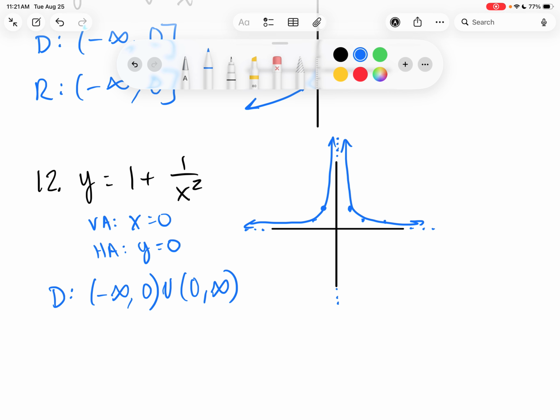Sometimes you'll see it written like this, all real numbers minus the set containing 0. It's a little bit less common to see this notation, I would say. The way that I've read it initially is probably the most common way you'll see it. And then your range is